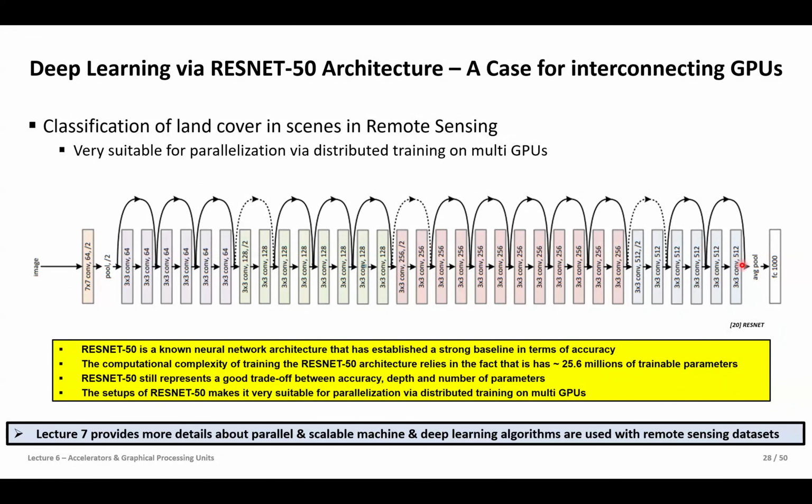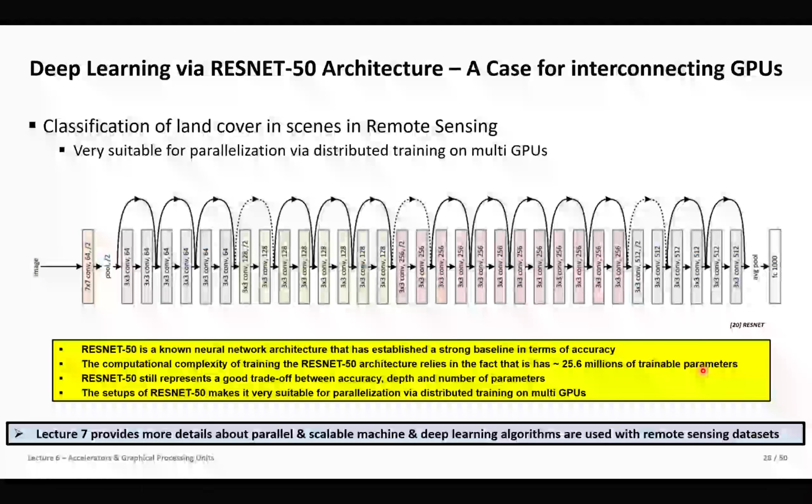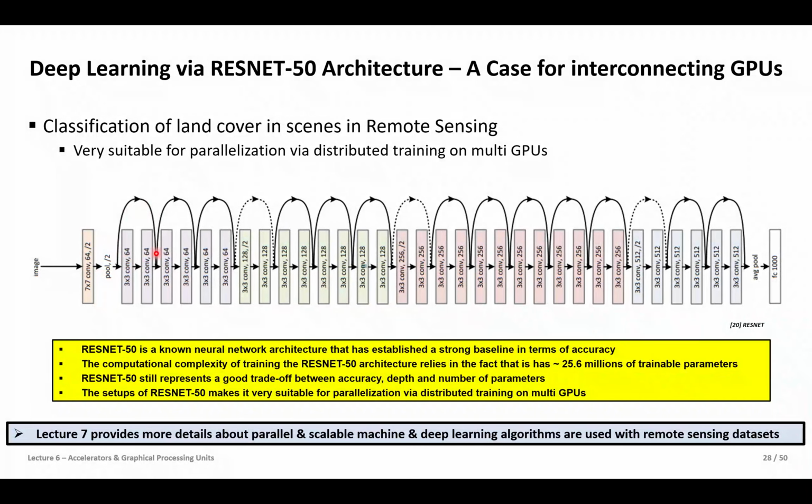The point is that these are very simple operations in a way to train it. It's just extremely many of them. And to give an indicator of how many, this is best reflected in the trainable parameters. Every one of these connections is more or less a trainable parameter. You don't know them and you want to recognize them and learn them. So in the ResNet architecture, you would have around 25.6 million trainable parameters. And they are trained